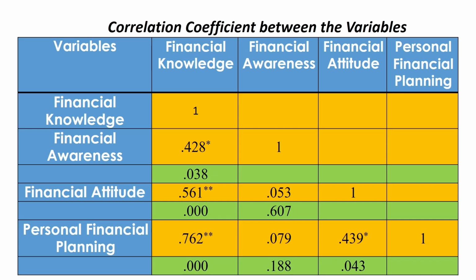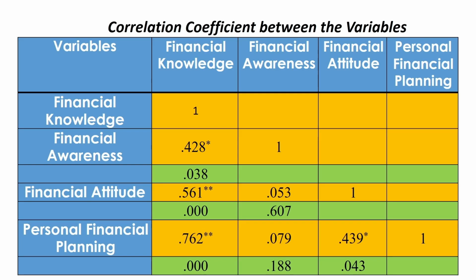Financial knowledge is highly significant because its p-value is less than 0.01, whereas financial attitude is also found to be significant because its p-value is less than 0.05. But the relationship with financial awareness is insignificant because its p-value is found to be higher than 0.05. In this way, with the tools of correlation coefficients, we can analyze the association between the variables. Overall, the findings suggest that financial knowledge plays the most influential role among the study variables, while financial awareness shows